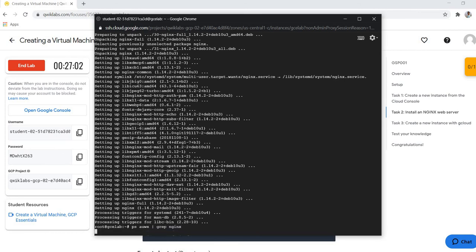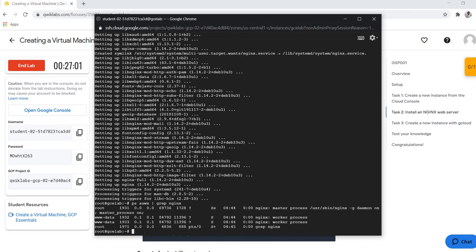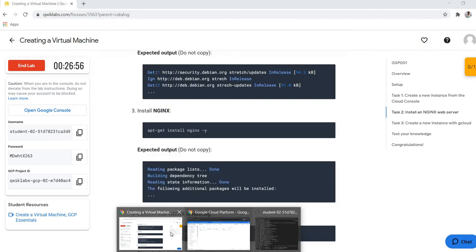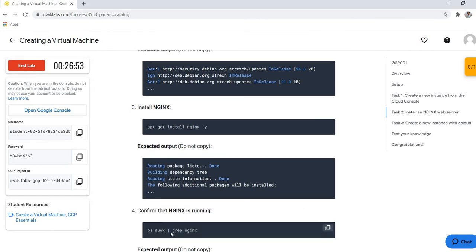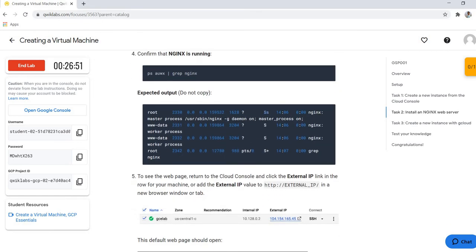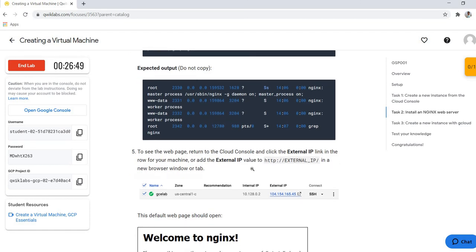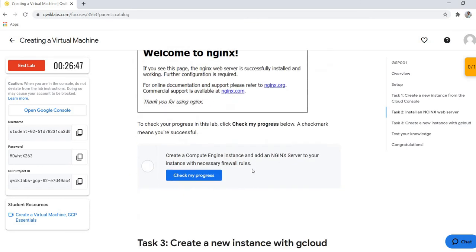Okay, our Nginx is up and running. This is the expected output, and it is the same as ours.